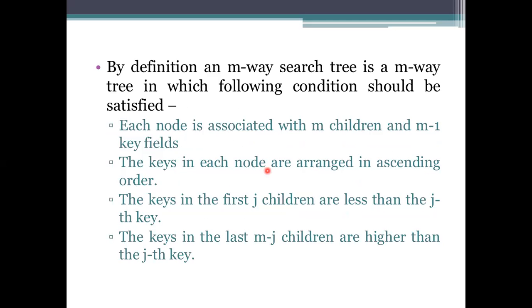And what are the factors we need to consider while constructing an M-way tree? Each and every node should be specified as an M-way search tree representation. If you are considering a tree to be a B tree, each and every subtree has to satisfy the conditions of a B tree. Also each node has to take values according to M, the order, so the M order has to be followed. M minus 1 keys have to be taken for the processing.